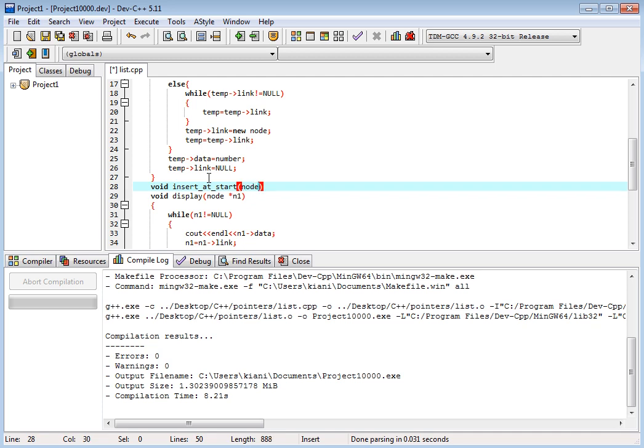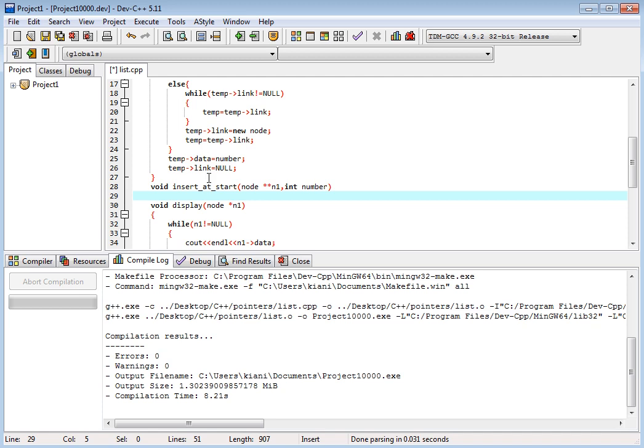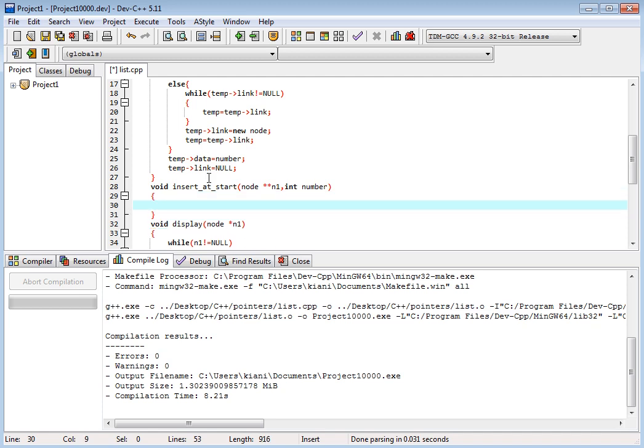Okay, so in the beginning we have void function insert at start, and we have node pointer to N1, and we have integer data, integer number.